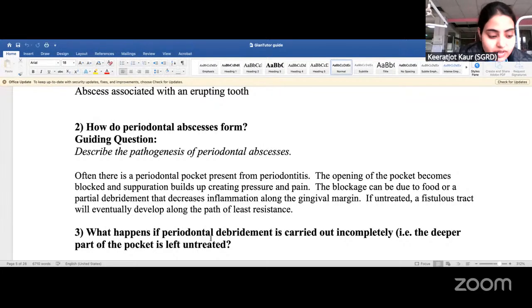So the answer to this question is that in case of incomplete debridement, we'll be facing persistent infection, as stated by Max et al. in 2020. If infected or unclean, bacteria that cause the disease remain in the pockets for a longer time, thereby leading to increased infection. Secondly, we'll be facing delayed healing, as the removal of biofilm and calculus is crucial for tissue regeneration and wound healing in periodontal treatment. Thirdly, we will be facing spread of infection, as stated by Ahmed et al. Incomplete removal of plaque and calculus will exacerbate the infection, leading to further tissue damage and spread of the infection